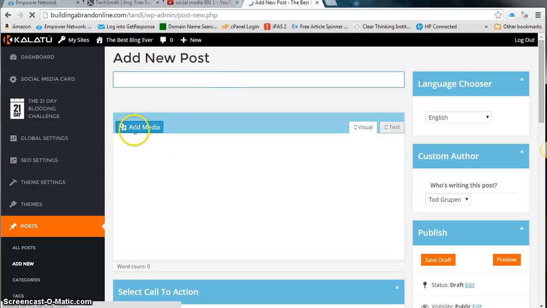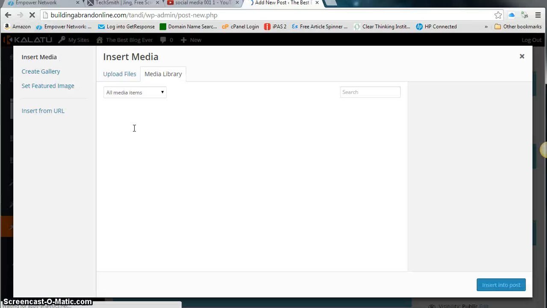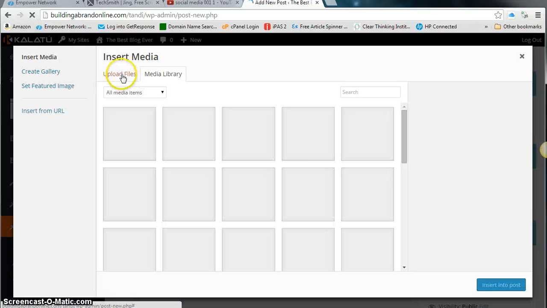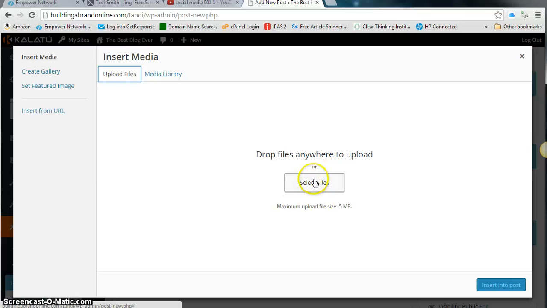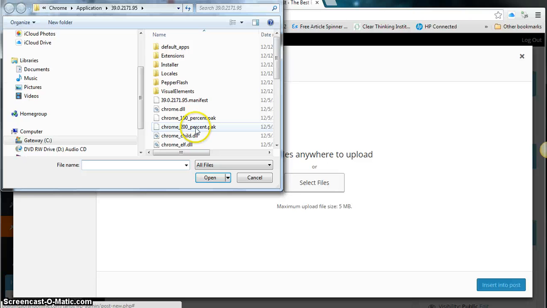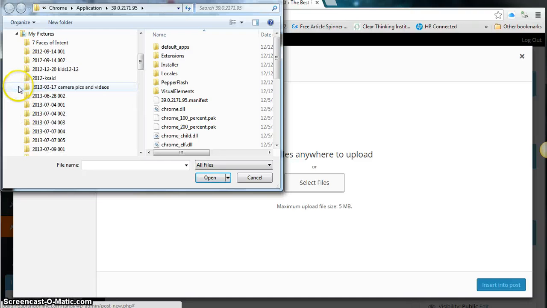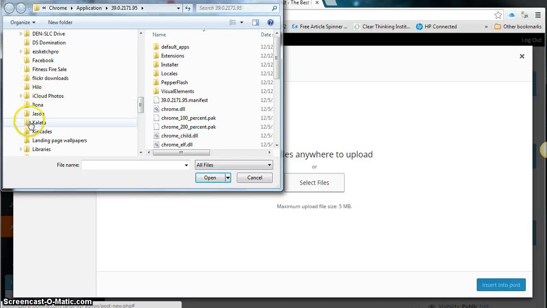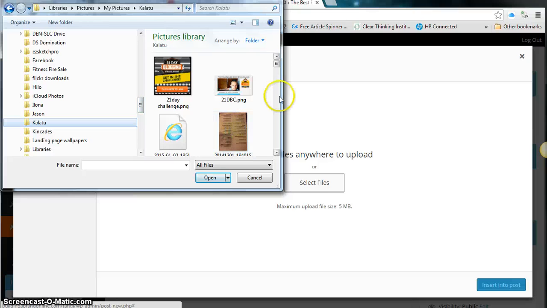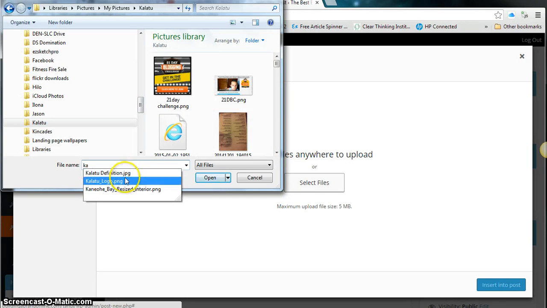Click new post, add media, upload a file, select, go to the pictures folder, and then type in Kalatu logo, open,